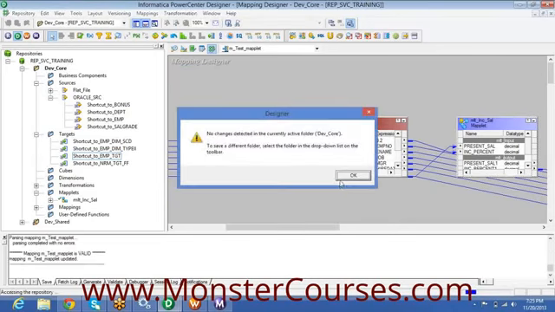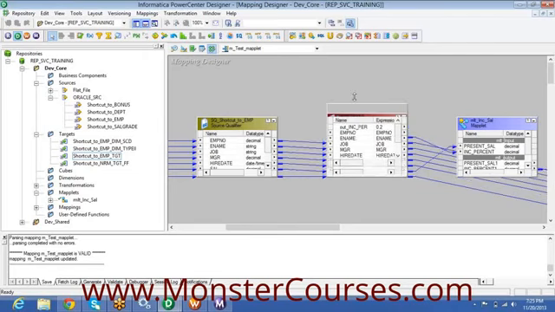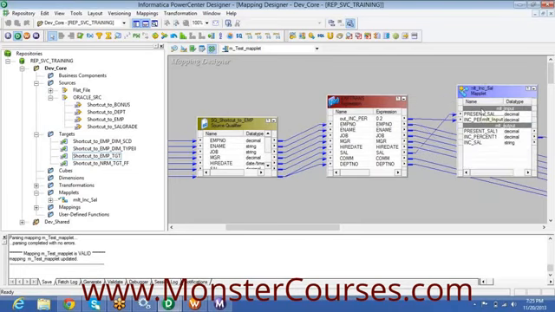Why do we need to keep these breakpoints? Whenever you execute the debugger, it will show you the flow. It reads the first record, goes to this expression, and you can see what record was passed to this expression. Then you can see what record was passed to the mapplet, and what record the expression in it is receiving. It shows you the flow of execution, and if you want, you can modify or manipulate the values also. So let's see that.